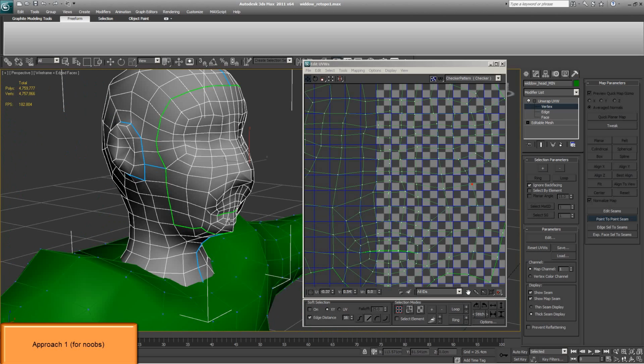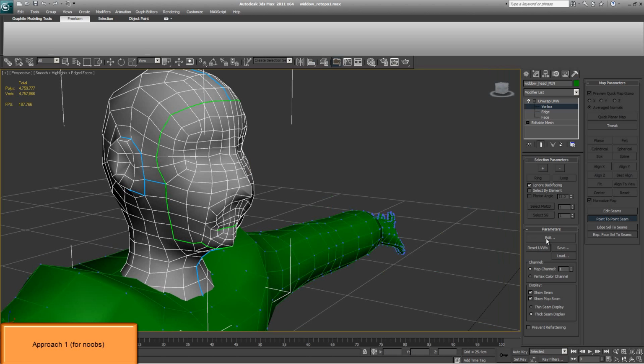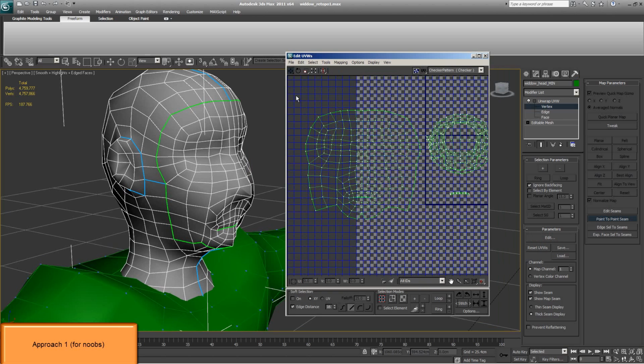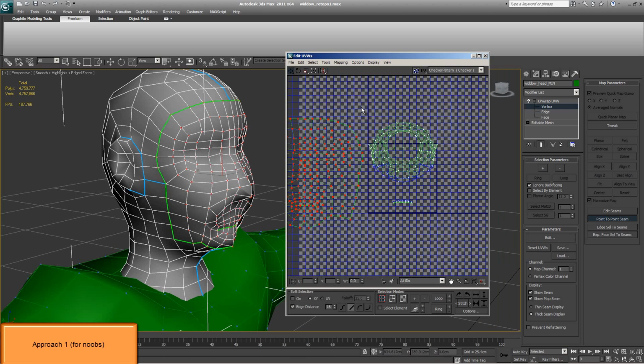Finally, there is one more interesting thing that you can do when unwrapping your character. I've set up the seams, but I haven't done the pelting yet, only for the front part of the face. So if I press on edit, this will bring up our table for laying out the UVs for our face. And you can observe that I've done the front of the face and placed it aside of the main area over here. But the back side of the head is still